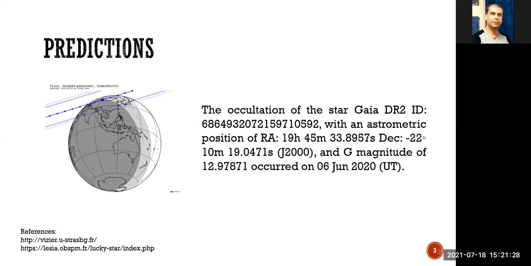About predictions, the occultation happened with Pluto and the stars that you can see via the R2 ID of it on this slide, and we got our prediction information from the Lucky Star project website and also the IOTA website. We also studied another project about Pluto occultation for the observation section, especially. In this step, we had an advice team of astronomical photographers in Iran to know how to get good photometry.